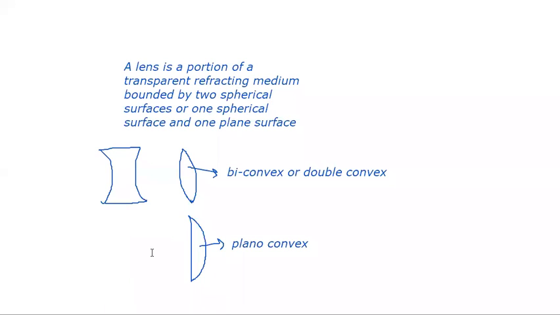And it can be that one side is concave and the other side is convex, like a crescent moon. So this is a concavo convex lens. Similarly, you can have